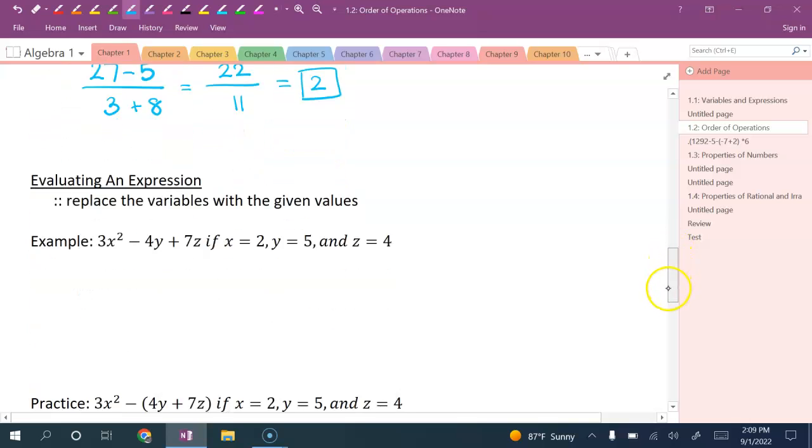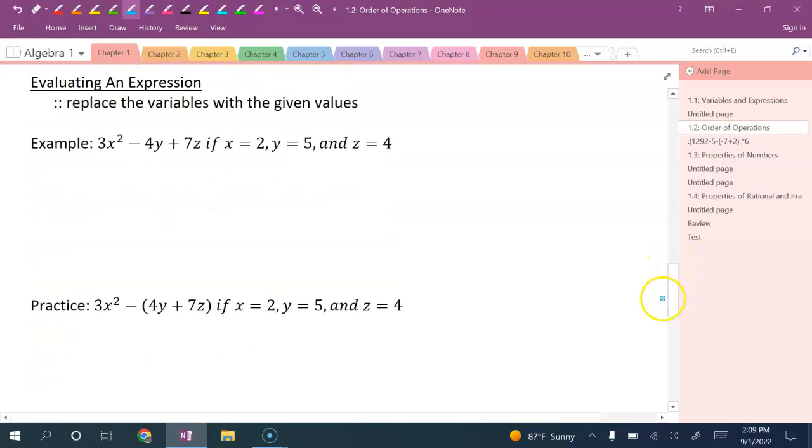Now, something else that we can do with order of operations is if they give you an expression that has letters in it, you can take those values that they give you at the end here and plug those in for the x, the y, and the z first, and then still follow your order of operations to evaluate what the answer should be. So for this first one, I need to plug in my x, my y, and my